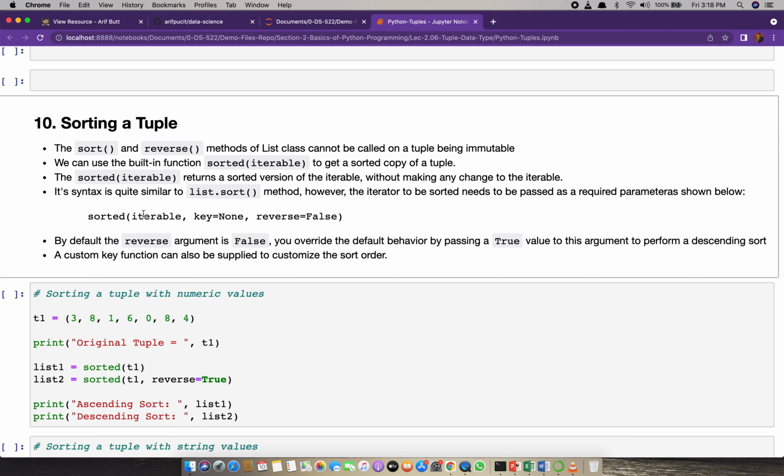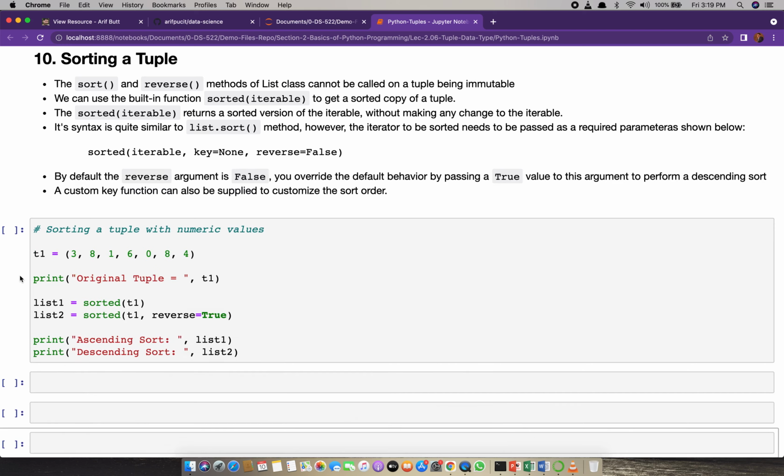Over here there is a required argument, iterable. The sort method was called on the list object: on the left we have a list object, then a dot, and then the sort method name. Over here we have the first argument, which is the name of the iterable. Then we have the reverse argument, which by default is false. That means it carries out an ascending sort. And if you want to do a reverse sort, you can put true over here. And this key is an argument that is used for customized sort. We have seen it in list as well, and today again I will show you an example for this.